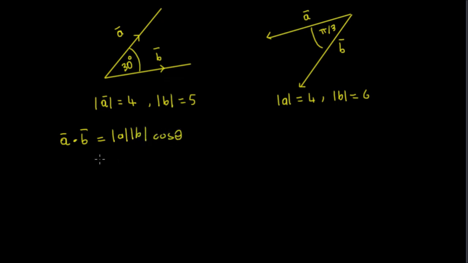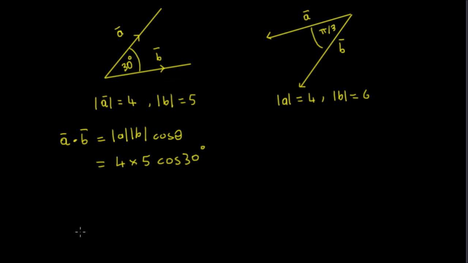in between. So that's going to equal the length of A, which is 4, times the length of B, which is 5, times the cos of the angle in between, so it's cos of 30 degrees. So you could put the cos 30 into your calculator and get the answer for that, or if you can